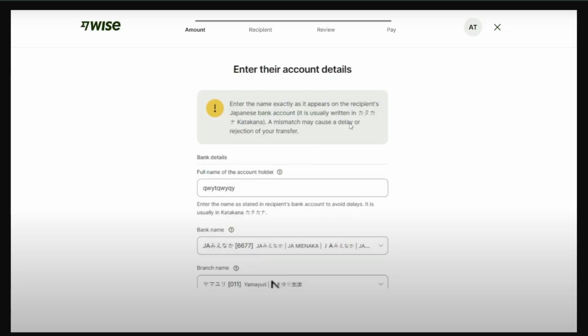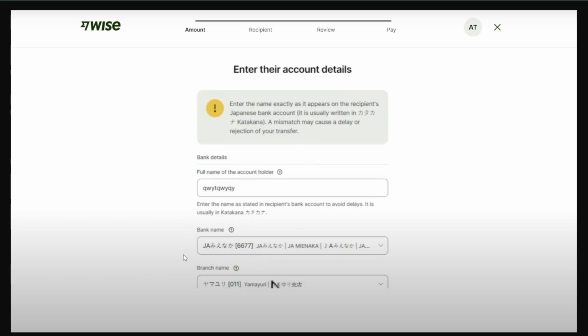Once you have selected this, the interface might look like this. You have to add their bank details, like their account holder name, the full name of the account holder. Make sure you have the proper information of whom you are sending to. After adding the account holder name, you have to add the bank name from where that person can receive. You can simply click on the drop down, and after selecting the location and currency, when you set the amount, it will show you the banks